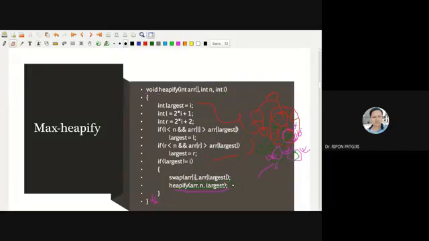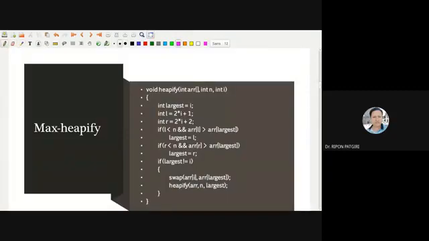What is the time complexity? Can someone guess? Sir, depth of the tree. Yeah, very good, excellent. And exact time complexity, can someone say? O of log n. Yeah, because the height is log n. Okay, exactly, big O of log n. Am I clear? So what is the height of the tree?